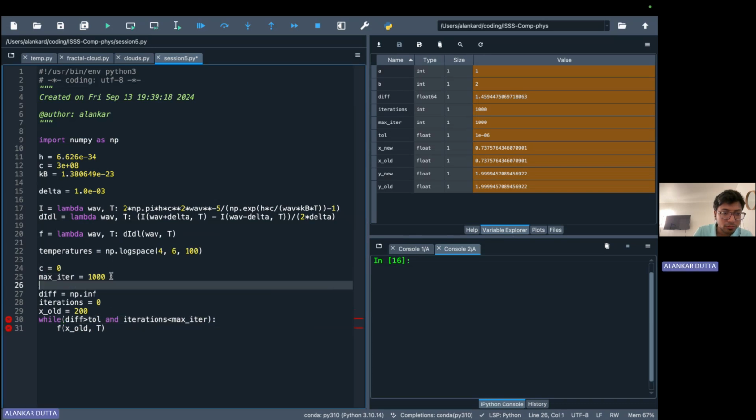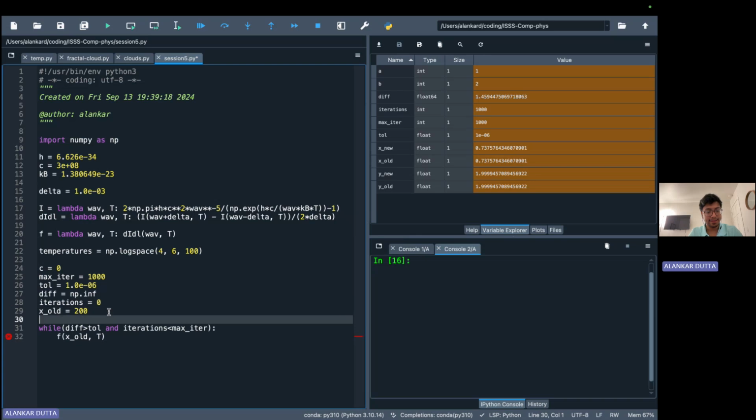Okay, I have also not defined tolerance. E minus 0.6, it's my tolerance. And C is equal to 0. So C, as I was saying, is the intermediate point, right? So now we also have to find, given an estimate for A and B, right? So let's not have something like old, let's have something like